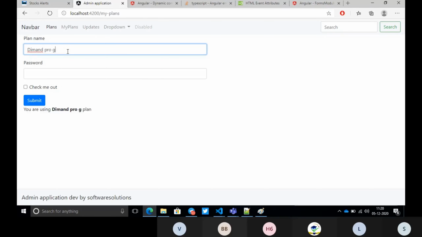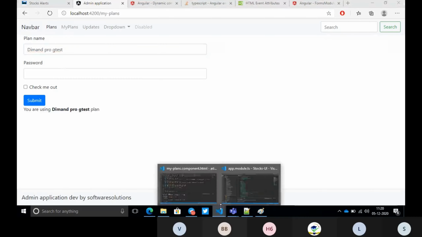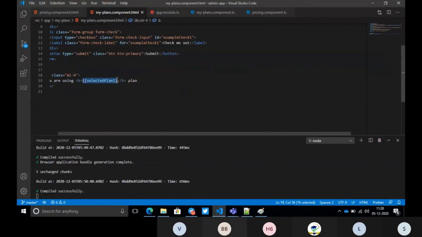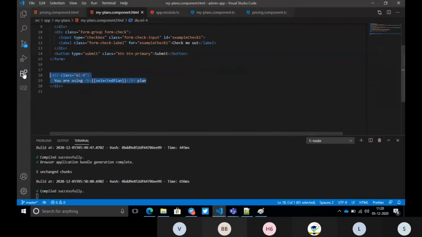It is reflecting in both places. That is nothing but your two-way binding. We are initializing this value with selectedPlan, and the same selectedPlan we are showing. With this approach, we can bind any properties in this class.